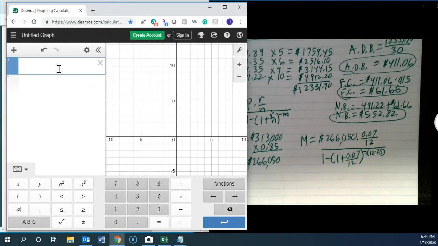All right, so let's go here. For our numerator, I put everything in a parenthesis. So we'll do an open parenthesis, $266,050 times. Then I would do another open parenthesis for the fraction, which would be 0.07 divided by 12. We'll move the arrow over and then do a double close parenthesis. So that took care of our numerator. Now we go here to our denominator. Same thing, put in parentheses. You have 1 minus